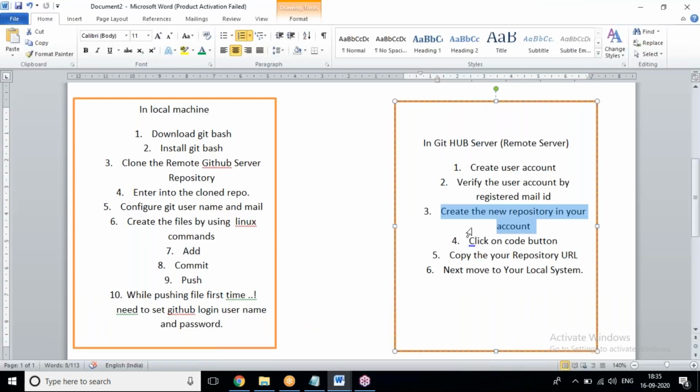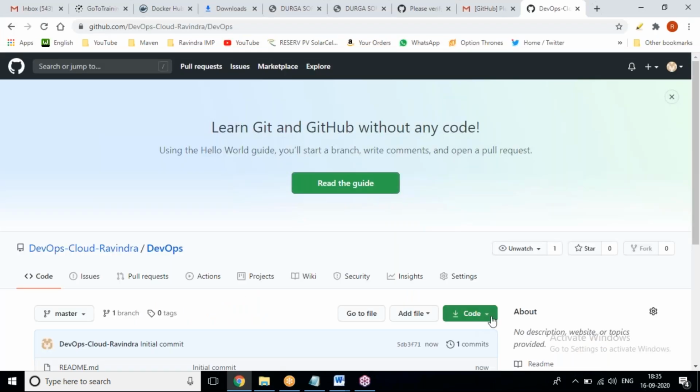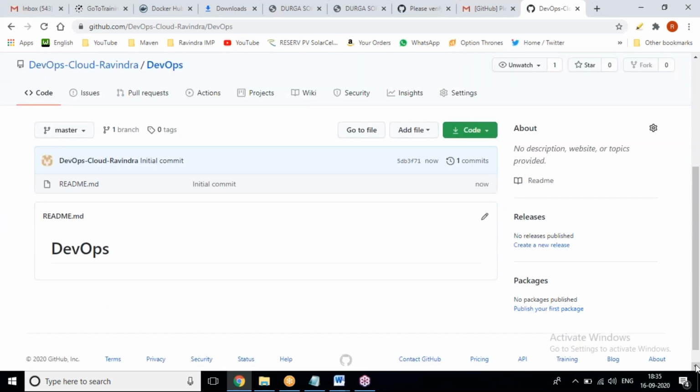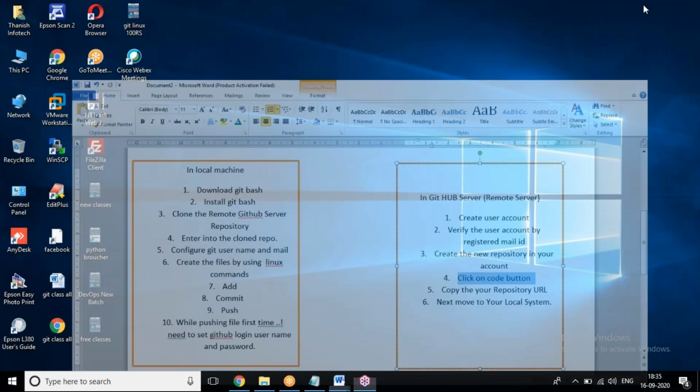Next, click on the code button. Yes, you can see, this is the code button. Before taking this, we need to install Git in our local machine. We need to install Git in our machine because